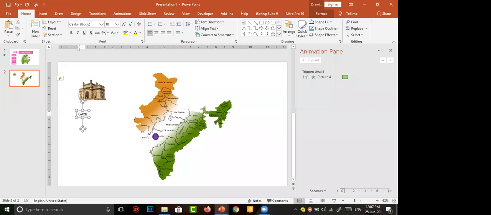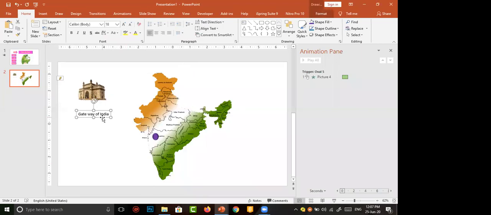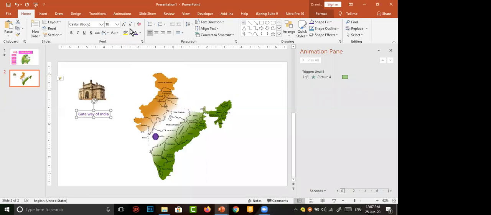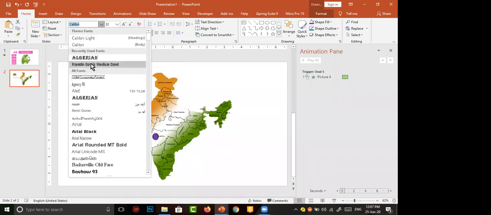I'm going to type. I want to change its format. I change the color, the size, the font.